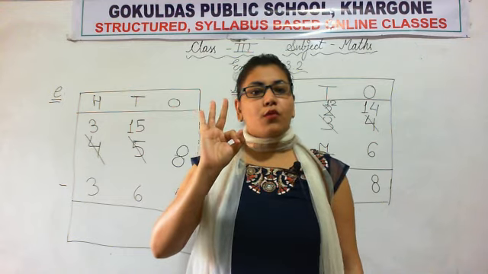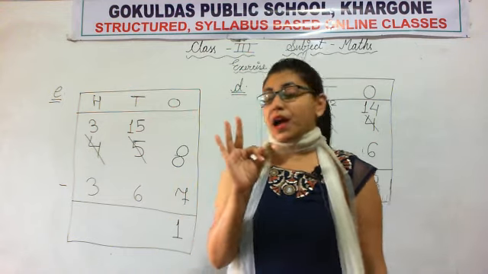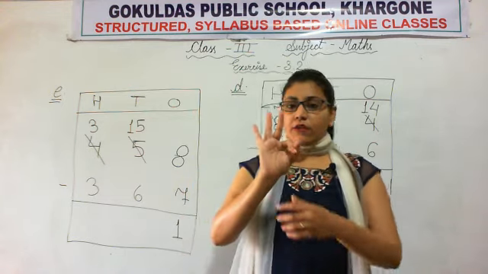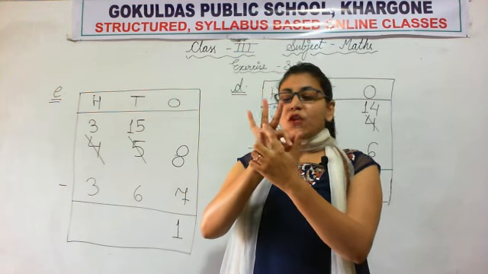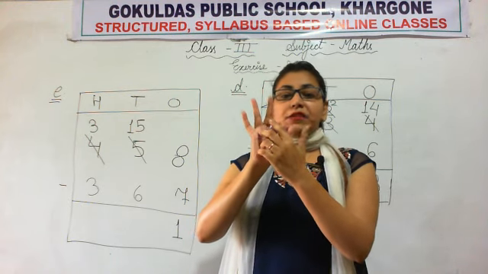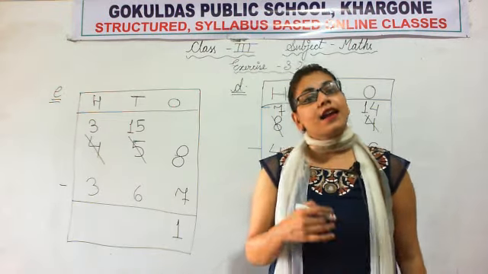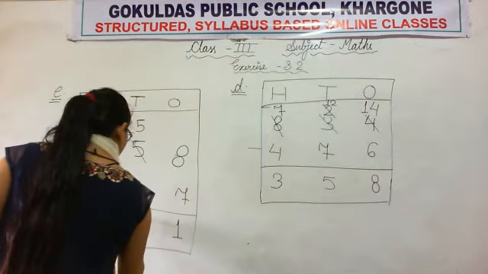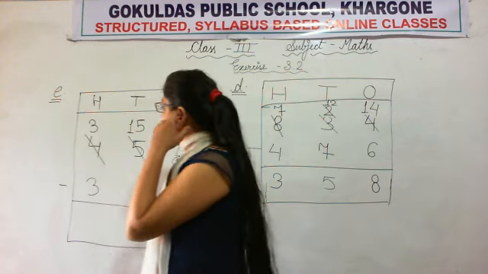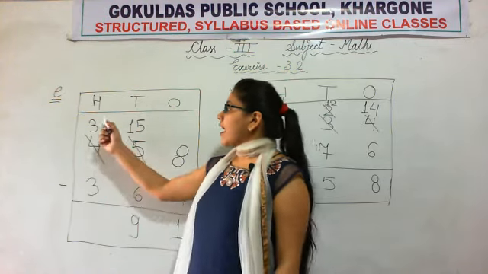Now we had removed 6 finger marks. Now we will count the remaining ones. 1, 2, 3, 4, 5, 6, 7, 8 and 9. 9 finger marks are left. It means we'll write the number 9. So let's write 9. Now moving towards the hundreds column.